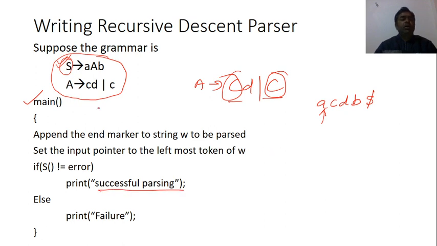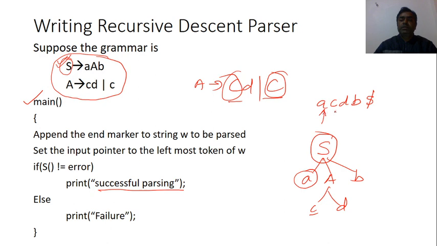Now just remember how it is called, because this is top down parsing. First this will be like this one, then A derives to cd will be called. First I am calling here S, then I am checking what I am getting, the input A. Yes, advance the pointer by 1, it will be at C. Then call procedure A, because you know that in the previous slide I told that if in the right side the variable is written, in that case that procedure is called.